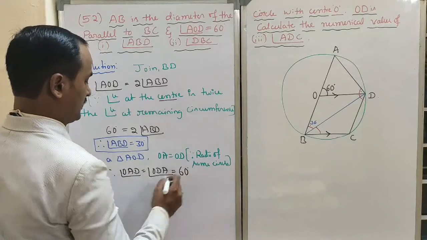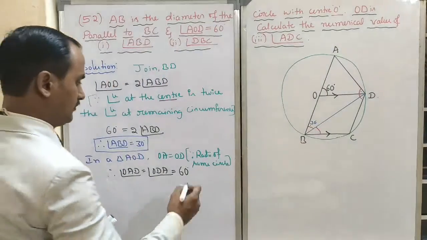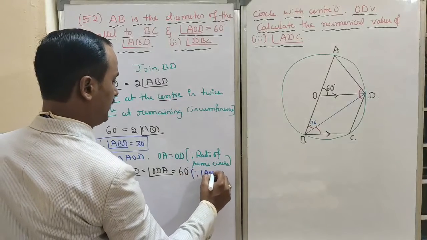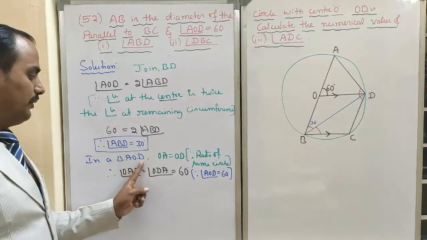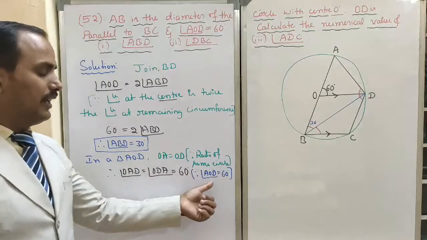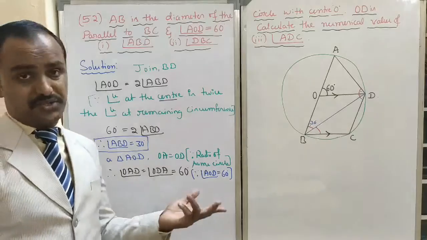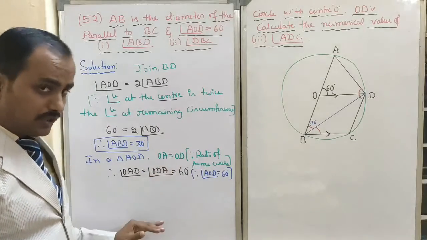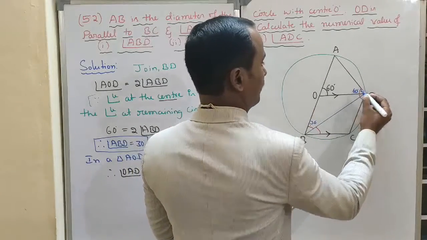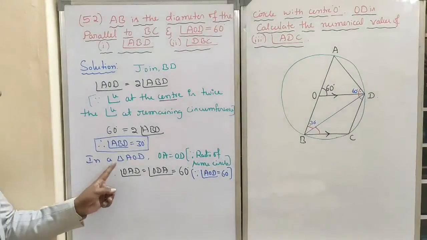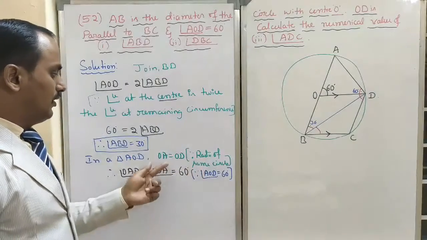Look here. 60 degree. How? The angle AOD. Reason for that also: angle AOD is equal to 60 degrees. Understood? In triangle AOD, three angles. See, already one angle is 60 degrees, which means the remaining two angles are equal, so this one also 60 will come, this one also 60 will come. Understood? It is not very important to write all the points. Just I want how much this angle is. We found out this is 60 degree. Okay. Understood? In triangle AOD, OA is equal to OD, radii of the same circle.